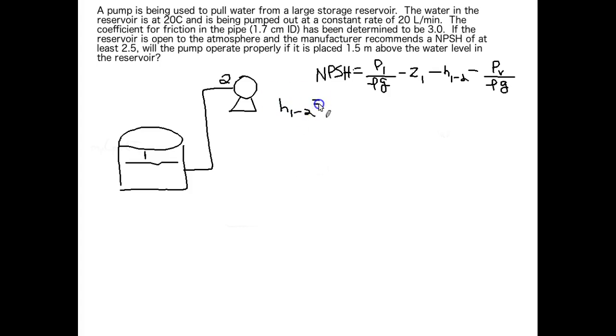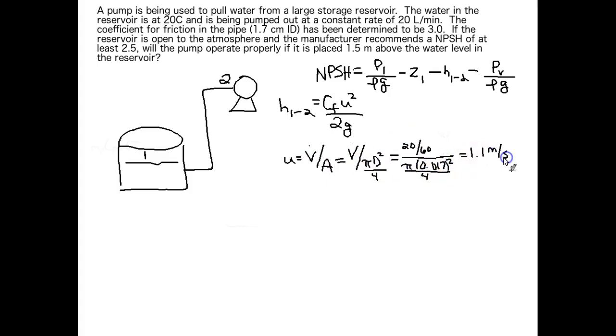Here's our friction term. In this equation, CF is our friction coefficient, G is our gravitational constant, and U is our velocity. If we look up at our problem, we have volumetric flow rate, not velocity. So let's convert that to velocity. When we crunch through that, we get a velocity of 1.1 meters per second. So let's plug that back in to our formula for our friction head. To do that, we get that our friction head is equal to 0.185